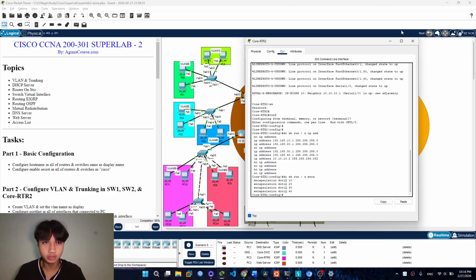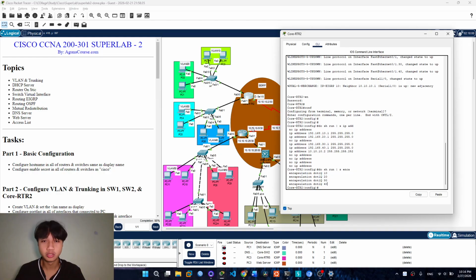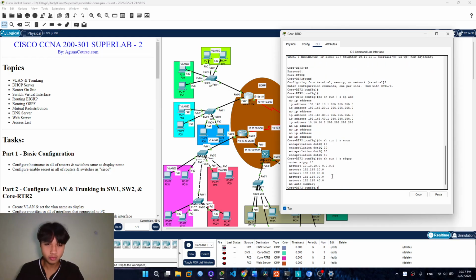Right, after setting router on a stick in this router, you must advertise all the networks from this router to the IGRP protocol. And the command is simple: just router igrp, this is the AS number or ID for IGRP, and then add the network.